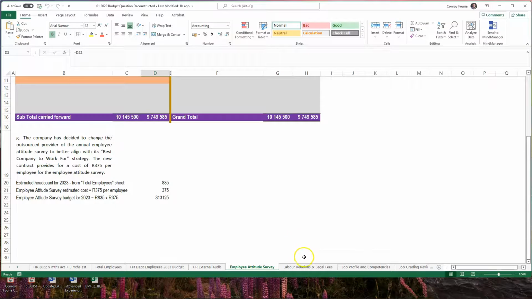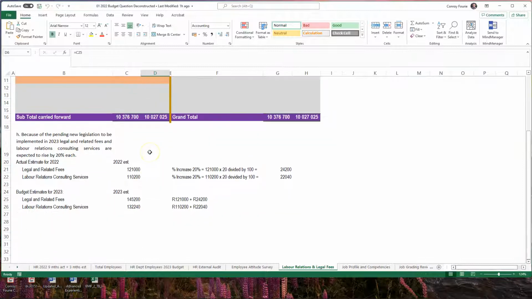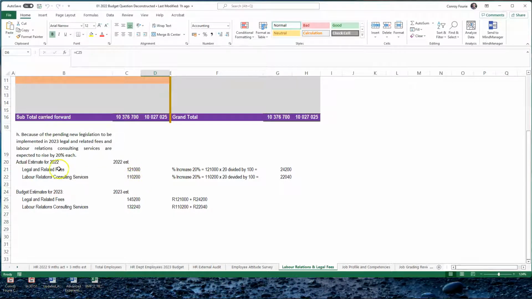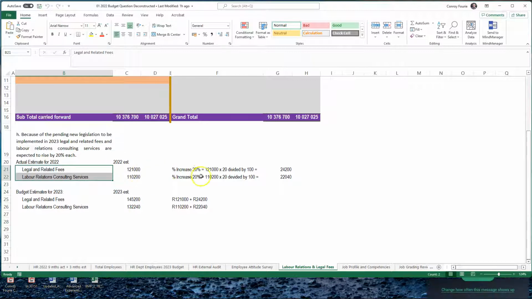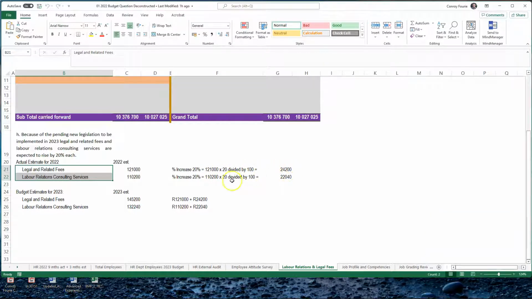The next budget item, the labor relations and legal fees, and I've added those two now. I've calculated the amounts there. The amounts are calculated as follows: the current year is 121,000 and 110,200 respectively for those elements. A percentage increase of 20 is 121,000 times 20 divided by 100 gives you 24,200. The same calculation for that item is 110,200 times 20 divided by 100. It's